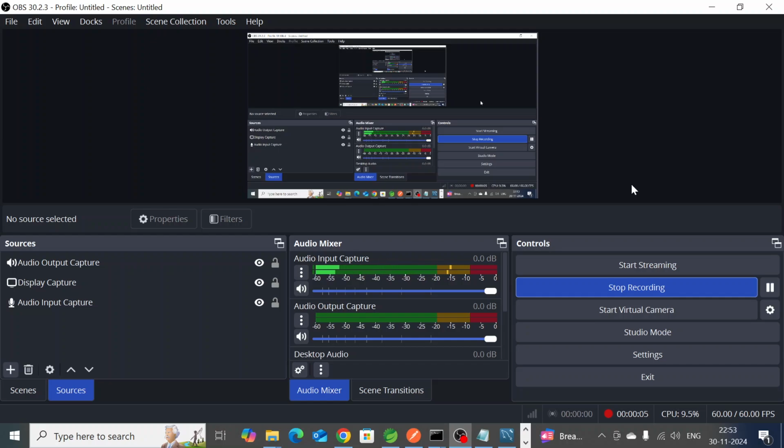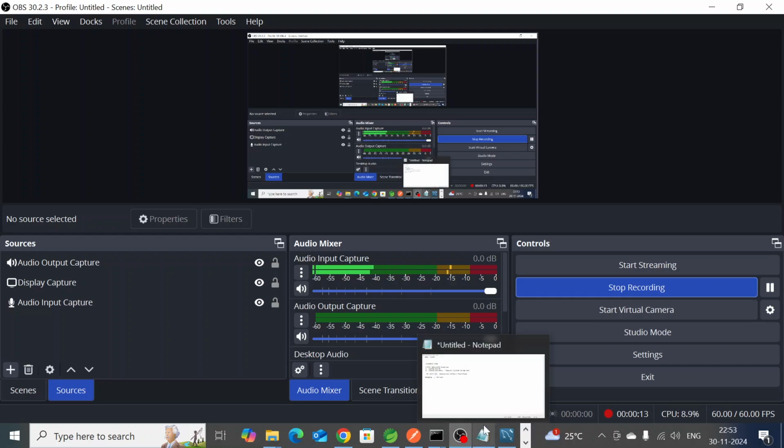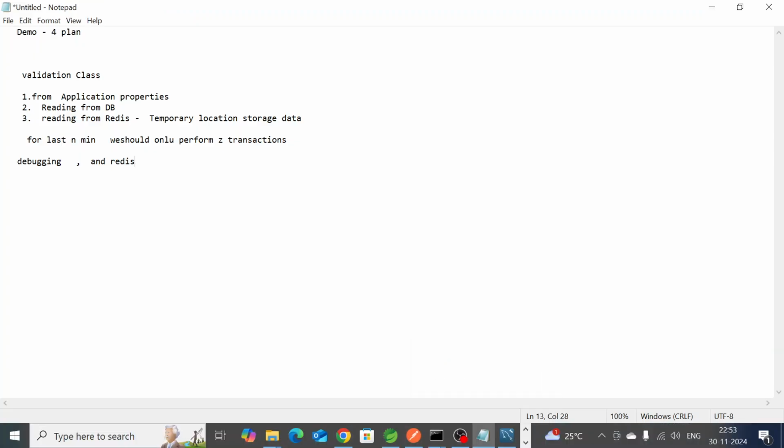So, we have covered until three demos. So, this is the fourth demo. In the last demo, we worked on the duplicate transaction check as well as